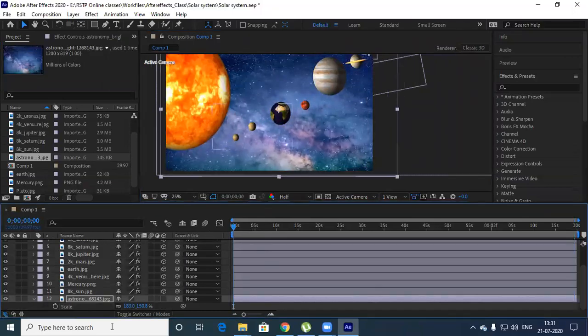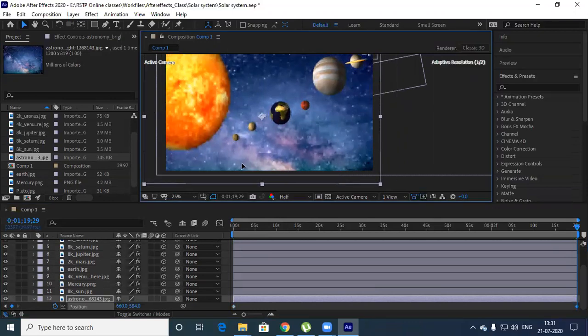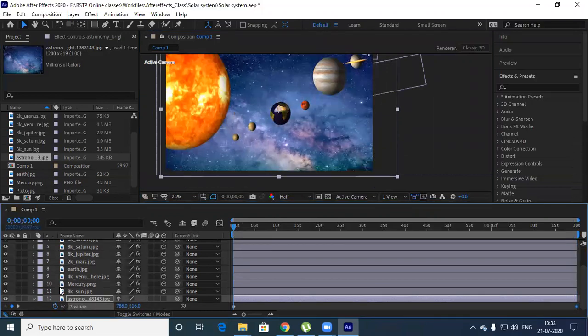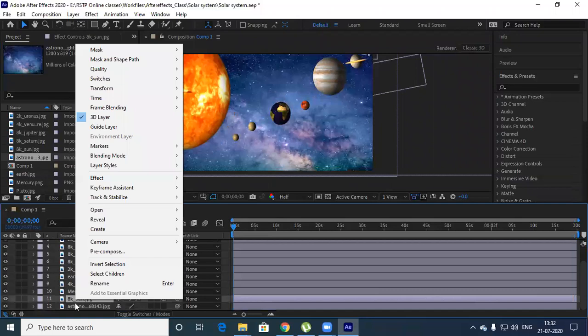So here, the position of this, I'm going to scale. Okay, somewhat a bit of scaling is done.